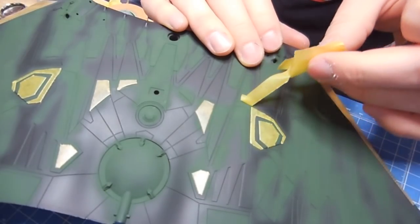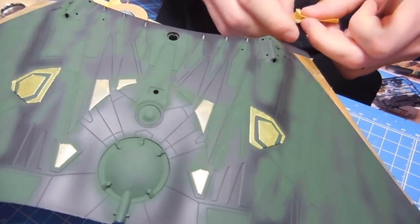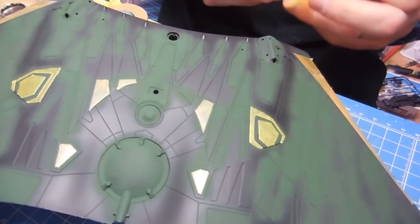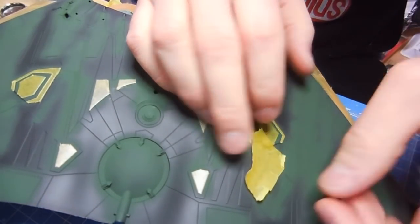So there you go. Now, the deep green is going to be masked off. Then I could just go from there, right? And I got some leftover masking here. And then,